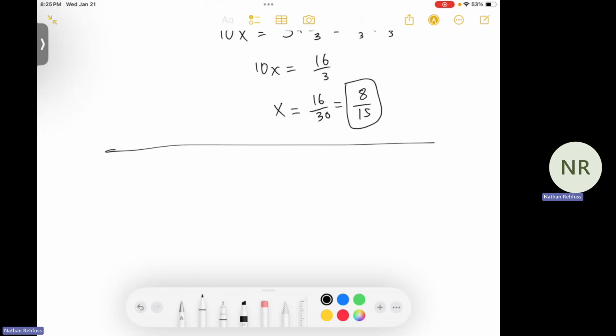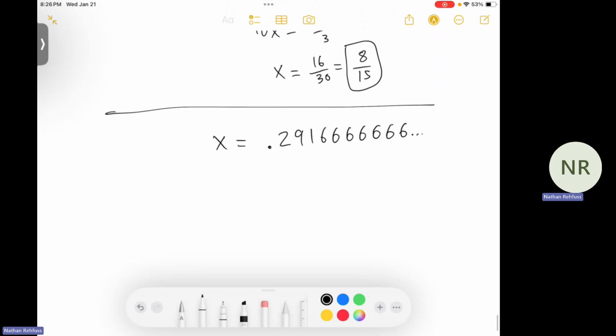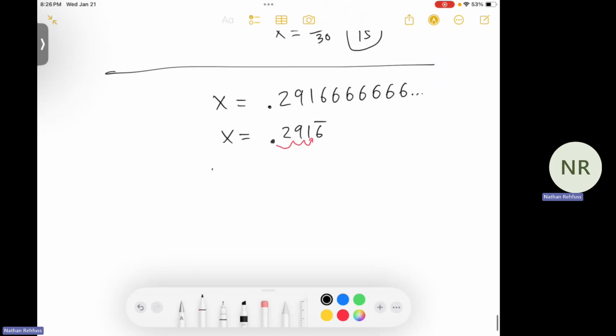So one more, really tough one this time. You got the answer from your calculator, 0.29166666666, and presumably the 6's go on forever. We want to change this into a fraction in lowest terms, and we don't know what fraction we're going to get. So this time the repeater starts after 3 non-repeating digits. So to get the repeater by itself, I multiply both sides by 1,000. 1,000x is 291.6 repeating, and